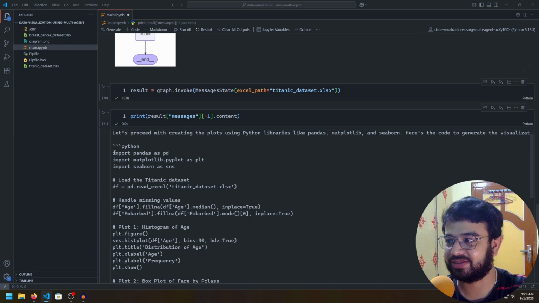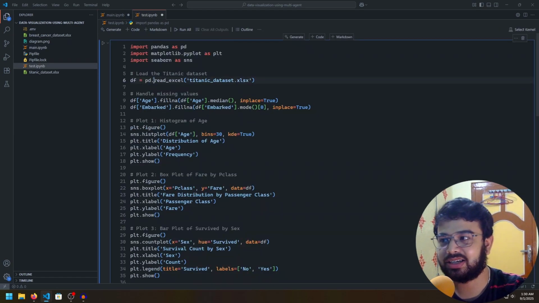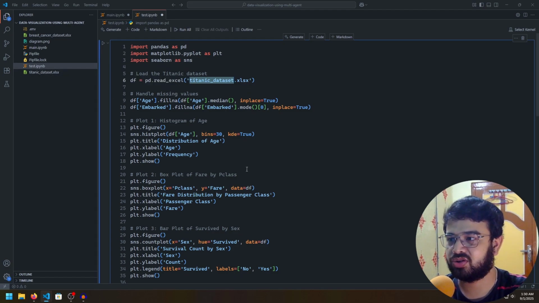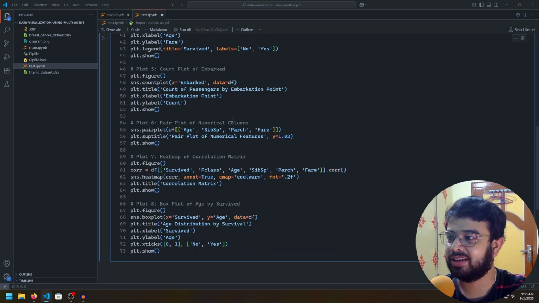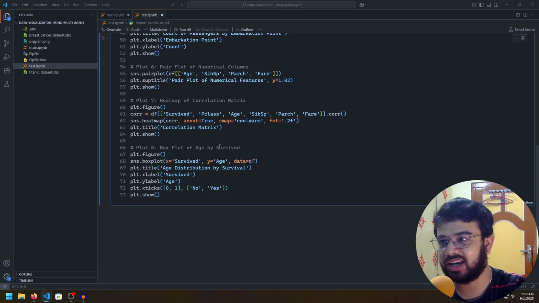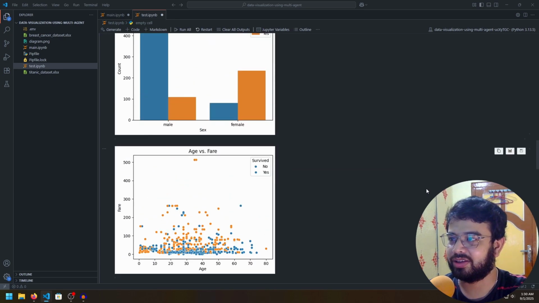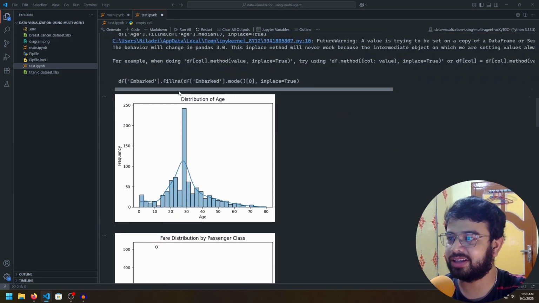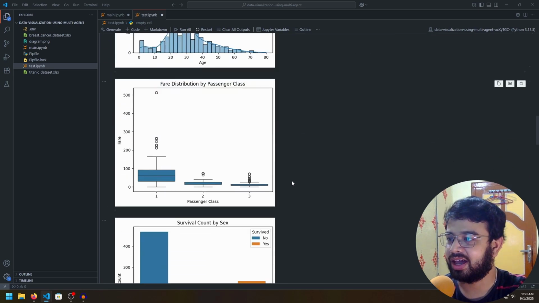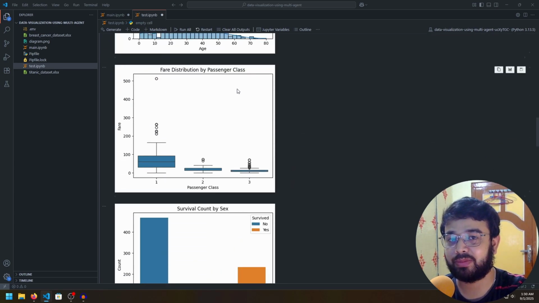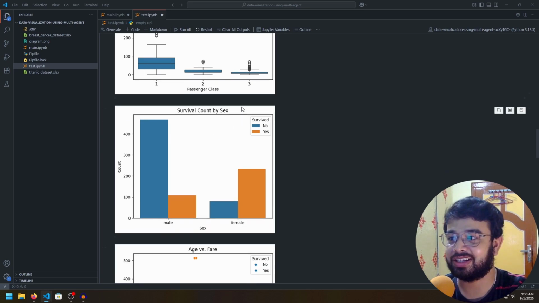Let me execute it. Okay, as you can see, it is reading the Excel from Titanic dataset XLSX, which we have here. So we should not face any problem regarding reading the file. It is trying to generate 8 plots. Let it generate the plots, then we'll see. Okay, here we go. It has generated the distribution of age, and it has generated the fare distribution by passenger class. It has generated the survival count by sex. Here you can see that females have survived more than the males,